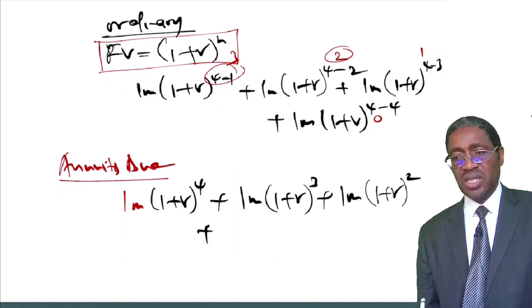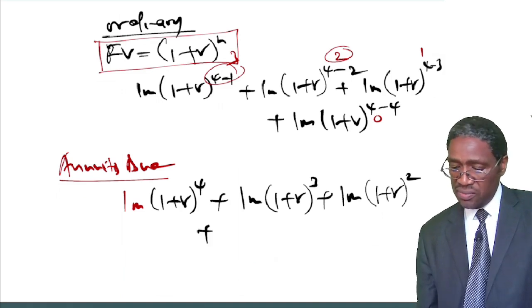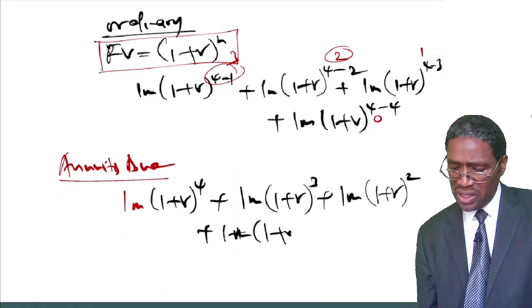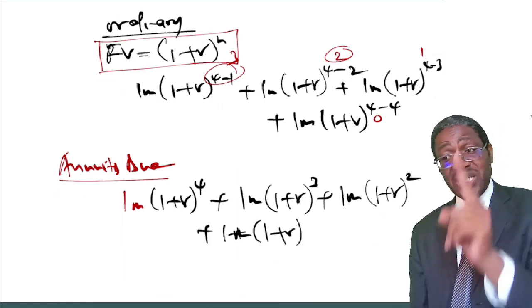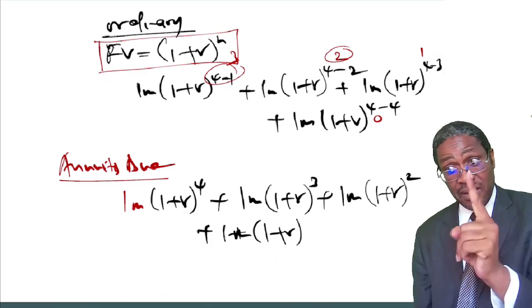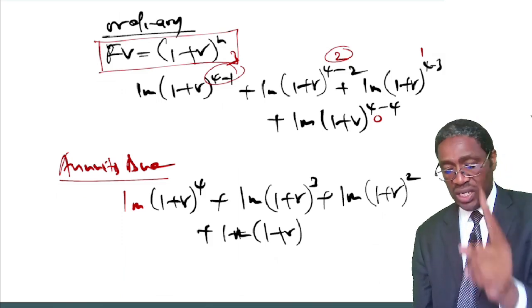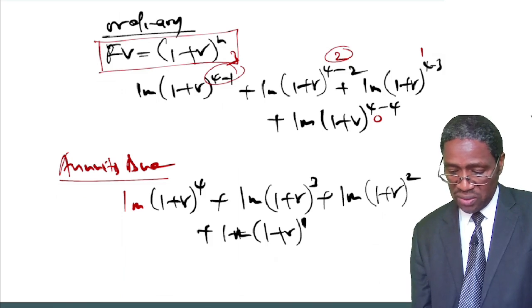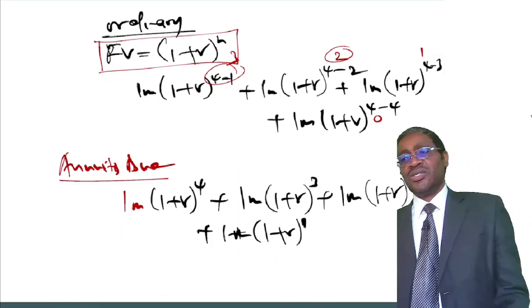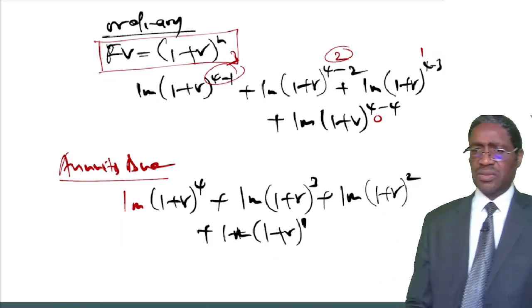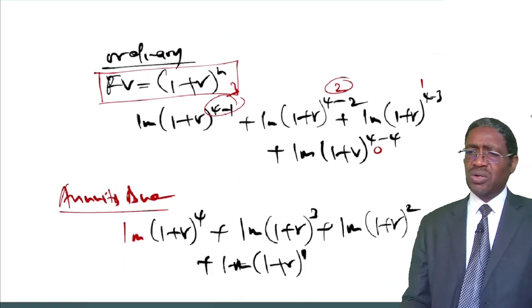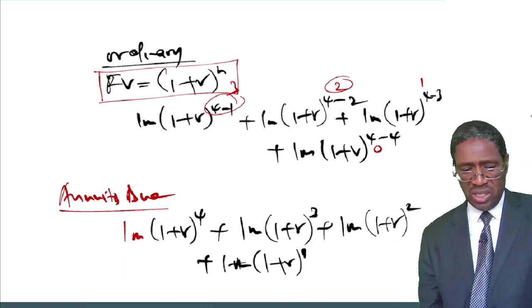Plus. This is the same as 1 plus r. No, 1M into 1 plus R, the amount I'm putting at the beginning of year 4 will earn me interest only for 1 year, so to the power of 1. So what am I trying to say? Listen, that when it is an amount of ordinary annuity,